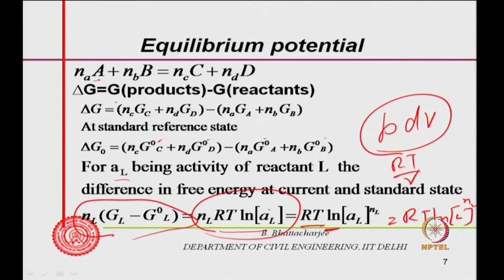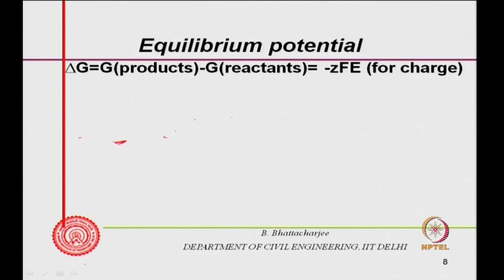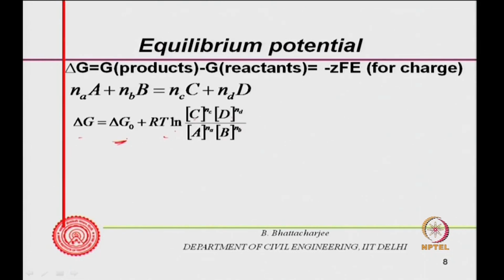So, for any species, for A, B, C, D I can write 4 such equations, GL minus G0, or delta G minus delta G0. So, I can write for delta G minus delta G0, and the rest, since I have replaced the activity by concentration, I can write it like this. Now, this was actually free energy, and this can be written using Faraday's law for charge transfer,